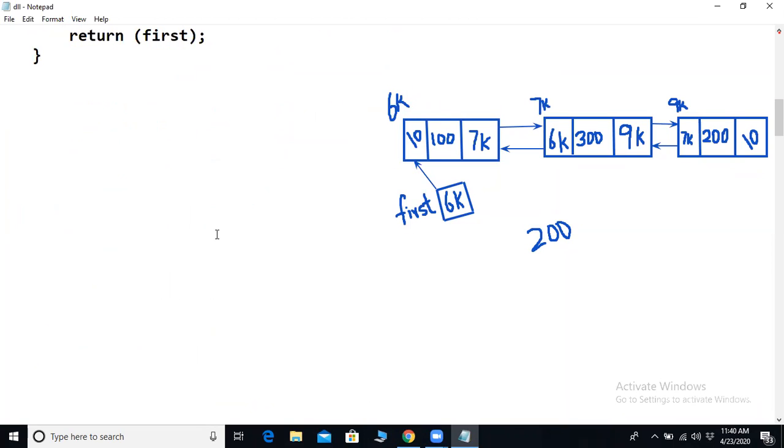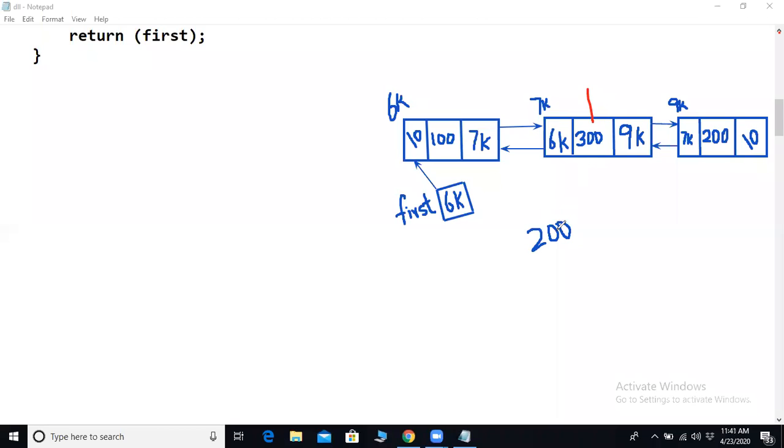How do we go to the next node? From this 6K we use the right link and go to the 7K. Once you are in the 7K, you compare the roll number field of the 7K, which is 300, with the item.